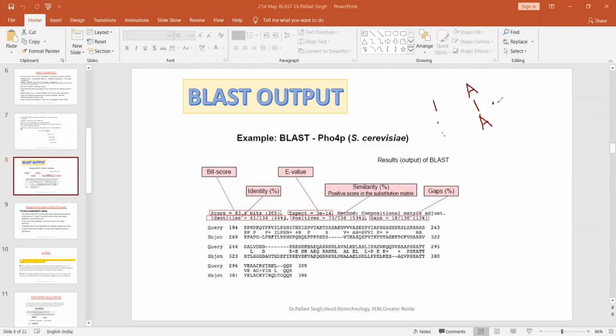They both are polar, they both belong to the acidic group of the amino acids, or they belong to the basic group of the amino acids. So when I see a dot between the two sequences, that means it is the substitution of one particular amino acid with the same type of amino acid. But the moment I see a colon between the two sequences, that means it's a dissimilar kind of substitution.